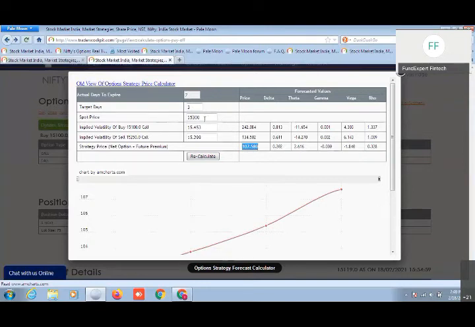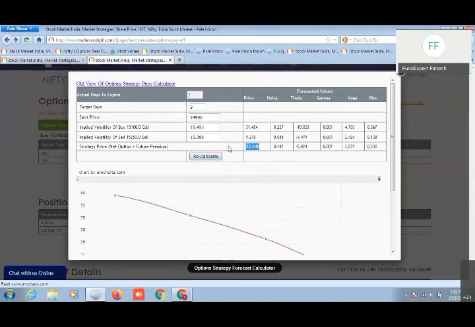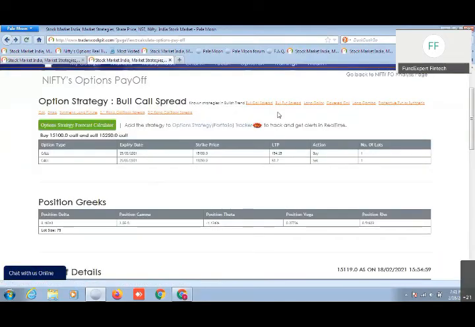Same on the downside also, if you want to see if the price goes to 14,900, then where should my stop loss be? If I'm going for a buy strategy, and if the price reduces, if the price comes down to 14,900, then what? The premium will decay, obviously, from the 70 rupees net premium which we paid today. It will come down to 22 rupees, my overall premium value, right? So accordingly, one can mark out the stop loss and targets.